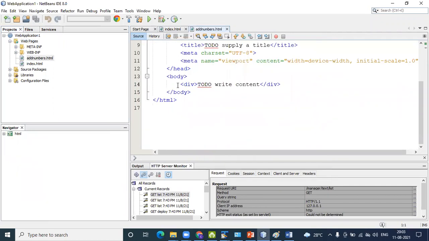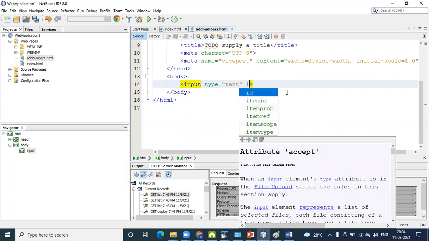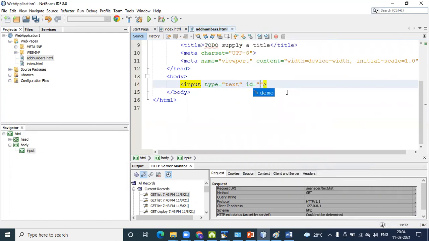Here I define an input box. Input type equals to text, ID equals to num1.